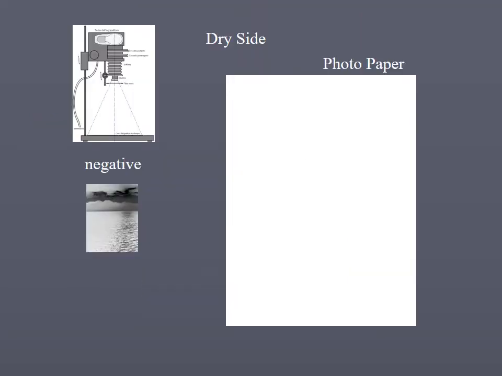You place your negative into the enlarger and you focus a lens and you project that negative image down onto a piece of photo paper beneath the enlarger, and that photo paper has those same silver salts that are ready to be stimulated. The photo paper needs to be in a dark room. If you were to bring it out and light hitting it from all angles, it would simply turn the whole thing black. So you got to control that exposure. You got to focus an image onto that photo paper.